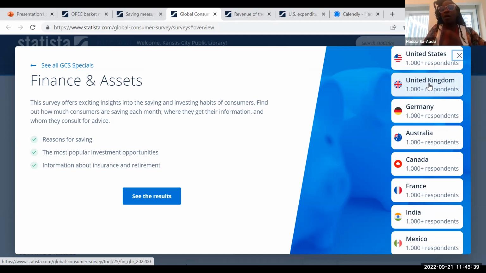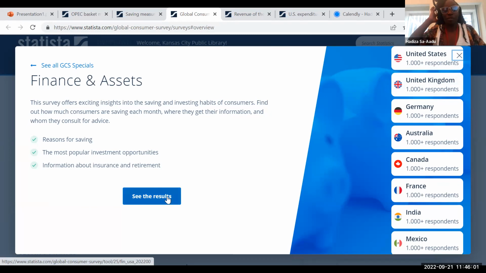So now this survey also has respondents from the United States, as well as Germany, Australia, Canada, France, India, and Mexico. So if we want to understand the graph we were just looking at, which is focused on the UK, we can go ahead